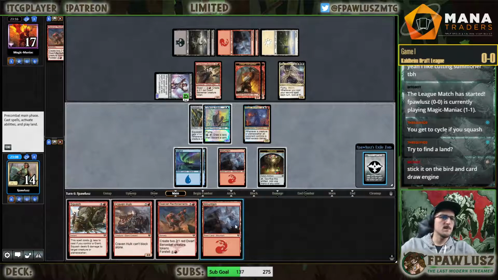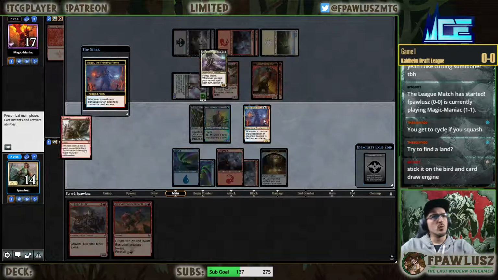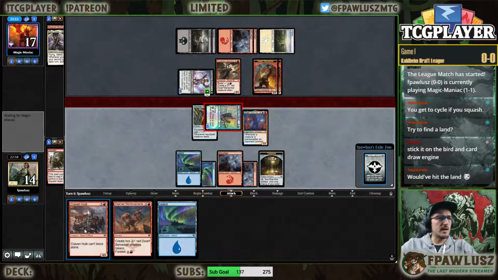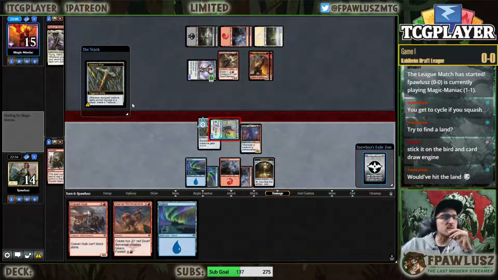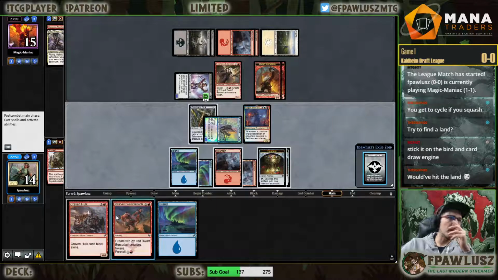Wow. This is just great for me. Squash that. We get to draw. We get to attack. And now we get to Craven Hulk. I guess we can Craven Hulk or we can Reinforcements. The good thing about Craven Hulk...